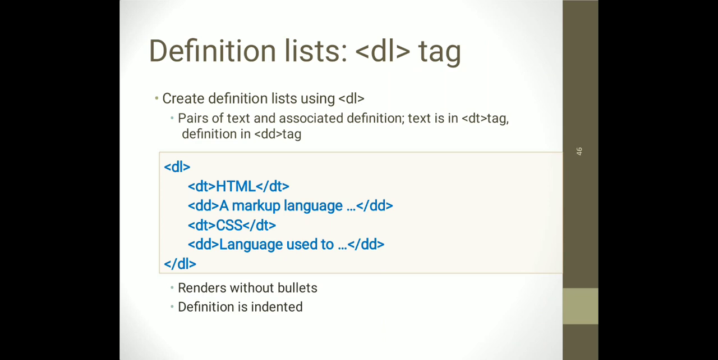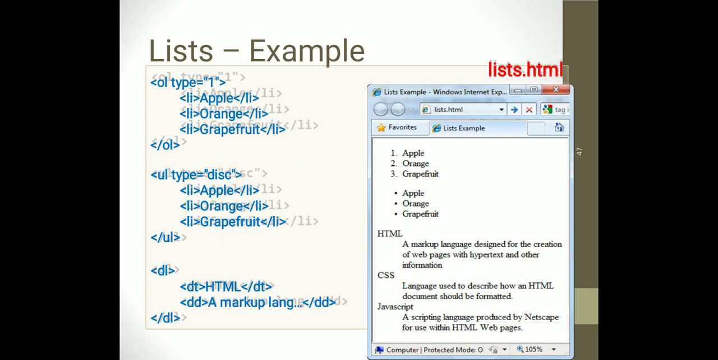The definition list defines the pairs of text and associated definition, and text is in the DD tag. So the definition will be in the DD tag. Okay, then the list example is also shown, like if you want to